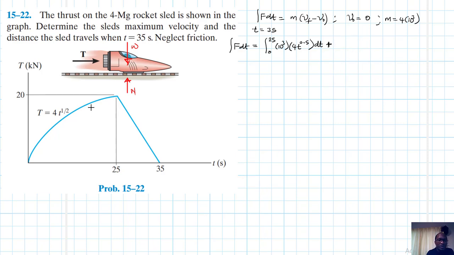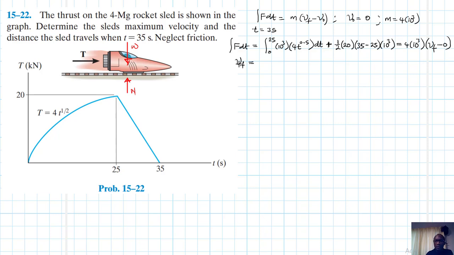So we have two areas. We have this one here with this one here. So this is just half by 20 by 35 minus 25 by 10 to the third. This is equal to m, which is just 4 by 10 to the third by v final minus 0. Right. Therefore, our v final is just going to be equal to,